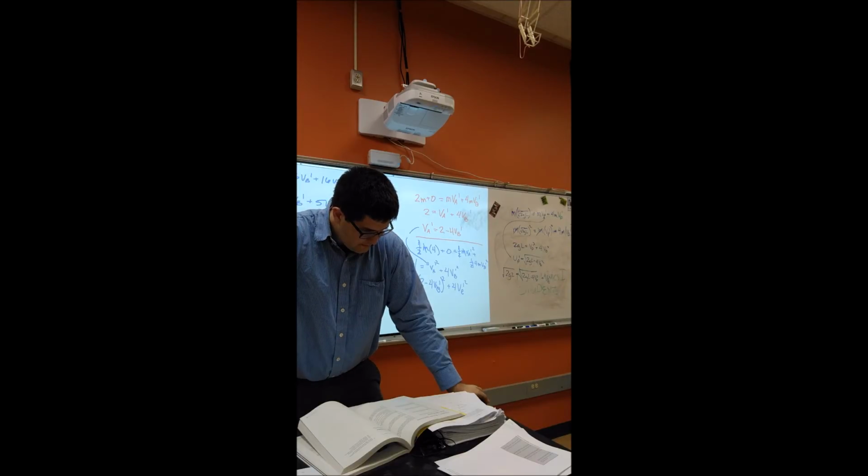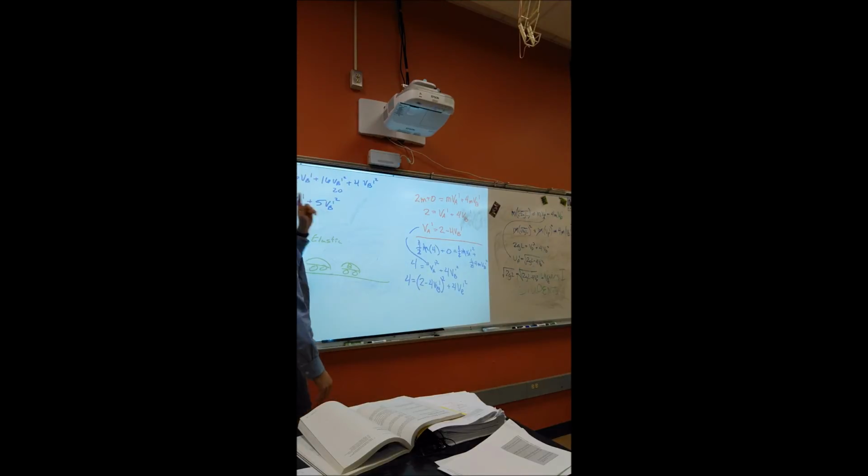Where'd you get the 5 VB squared from? By doing 20 VB squared, by adding these together. And then I divided the whole thing by 4. Oh, okay. I just factored 4 out of it. So it was just 4 VB squared plus 1 VB squared. We divide everything by 4. And it was number 3 here, number 3.